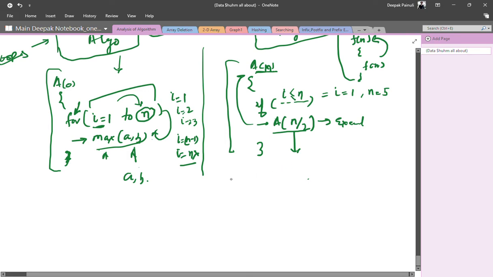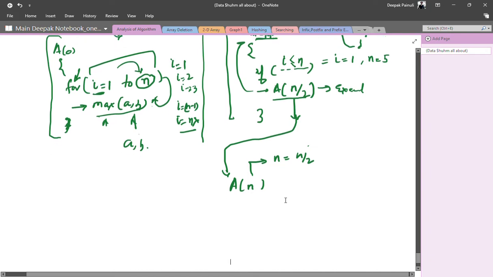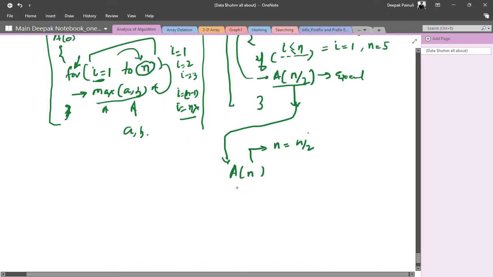Now see here, when you are going to execute this function call, what it means is that you are going to execute a n again. The only difference is that n is replaced by n by 2 here. If it is calling a n by 2, it means you are calling that same function again. So you have to execute the if condition again, and in the if condition again you have to call n by 2.